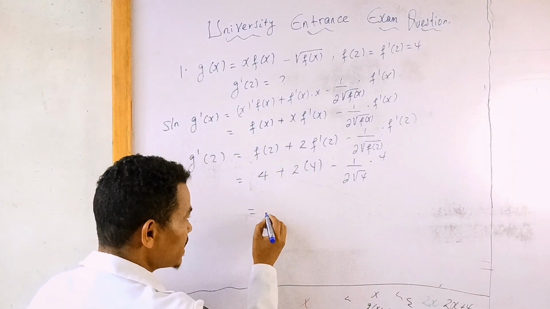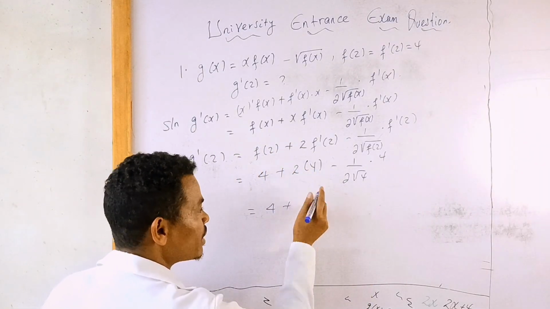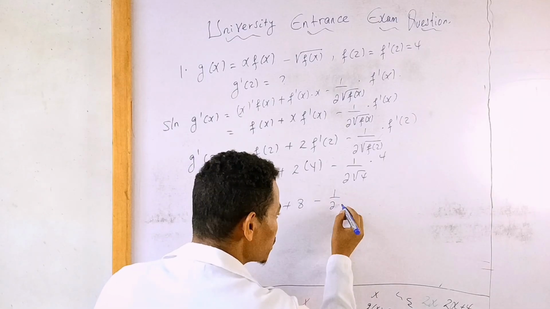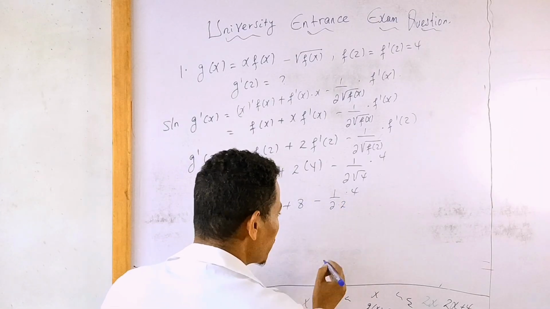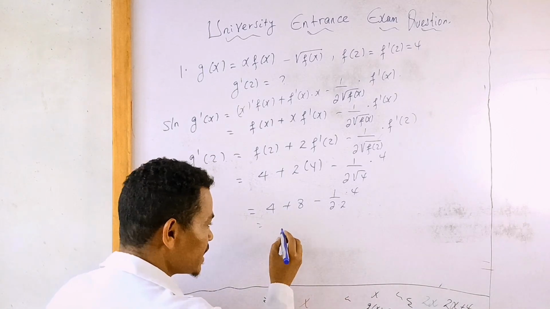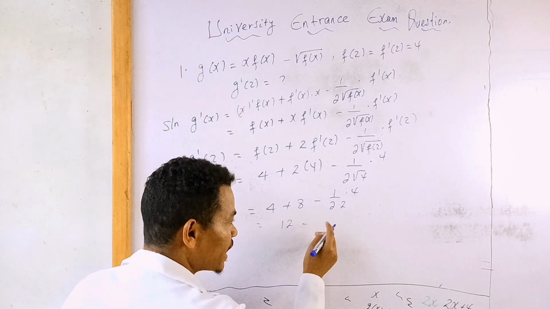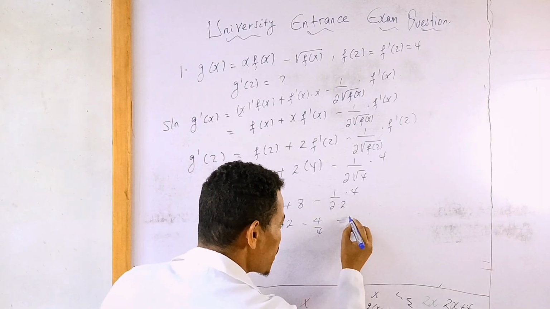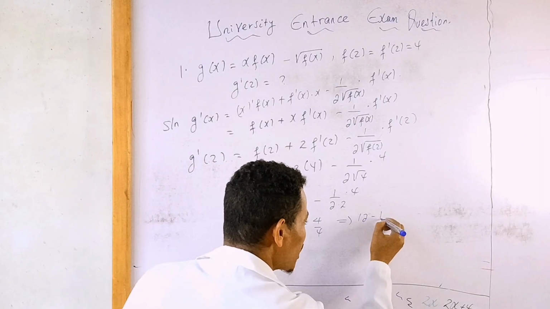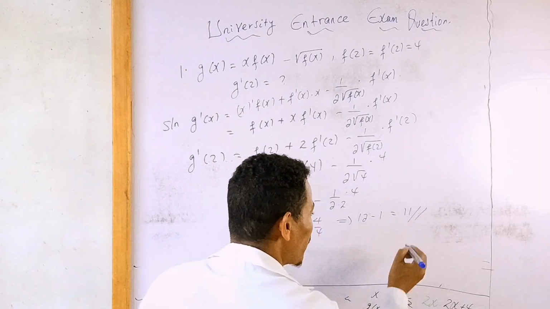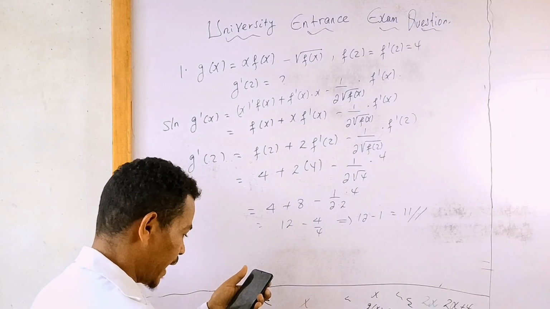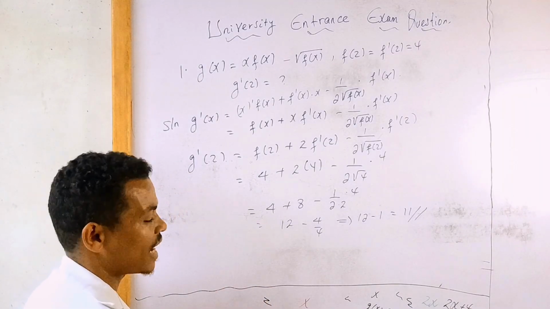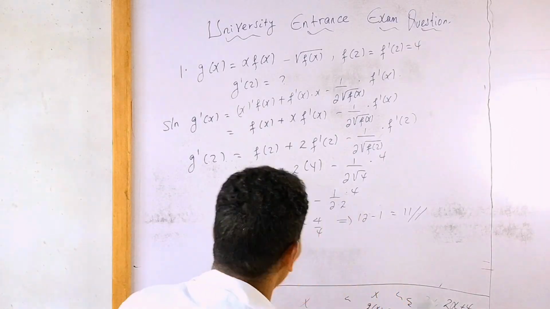This is the same with 4 plus 8 minus 1/2 square root of 4 is 2, times 4, and 4 plus 8 is 12 ይሆናል, minus 4/4, that is 12 minus 1, which is equal to 11 ይሆናል ማለት። So choice: 1 a 11, b 8, c 2, d 0 ይላል። መልሱ a 11 ይሆናል ማለት ነው።